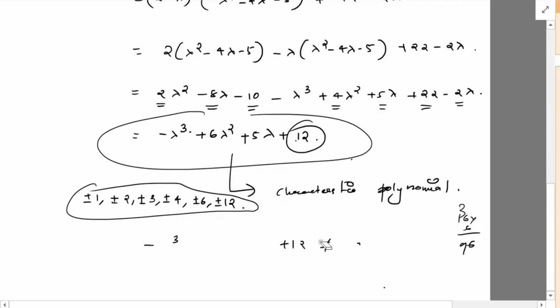That is also not equal to 0. When we substitute minus 2, that will be minus 2 cube, that is minus 8, plus 24 minus 10 plus 2. So minus 2 is also not a root. What about 3? I think 3 is also not a root. What about minus 3? Minus 3 will be minus 27 plus 9 into